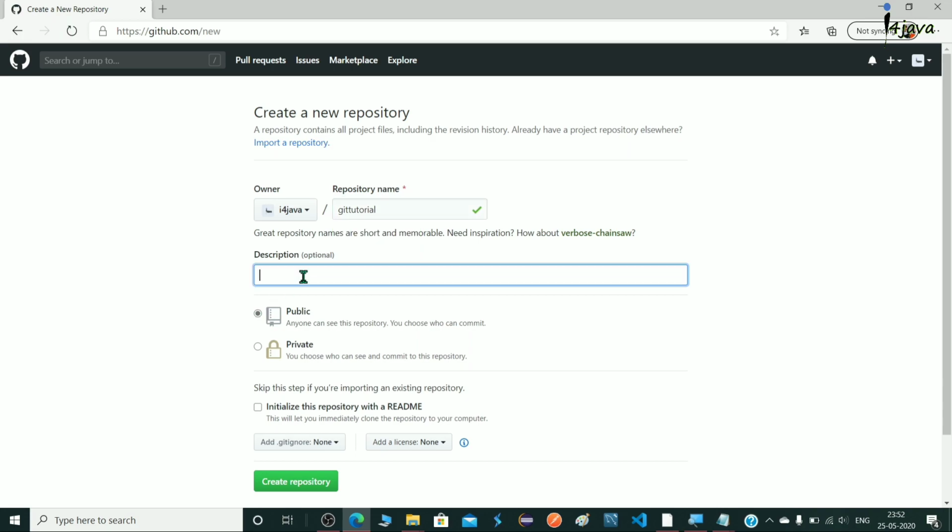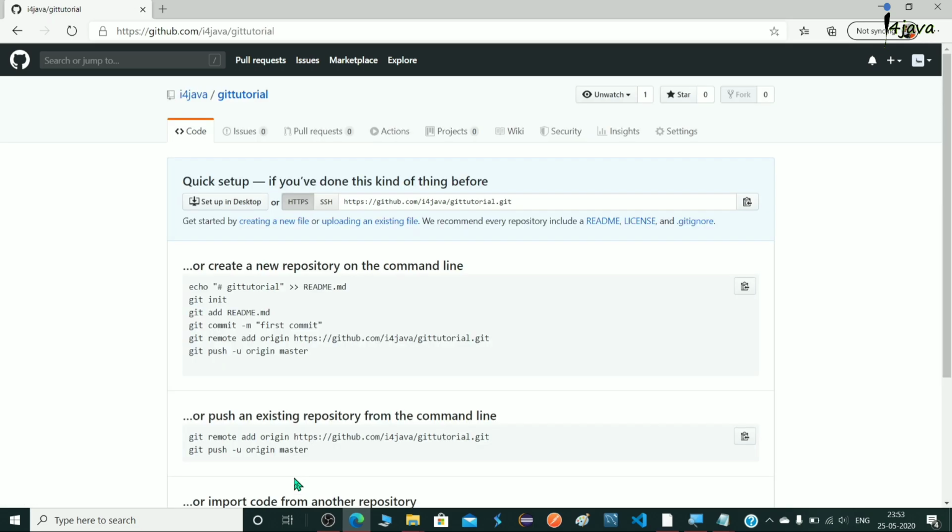For the description I am giving "learning crash course of git". Now let's create the repository. So you can see here are some basic commands.